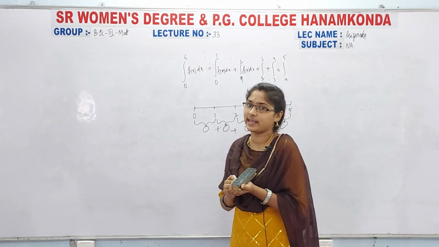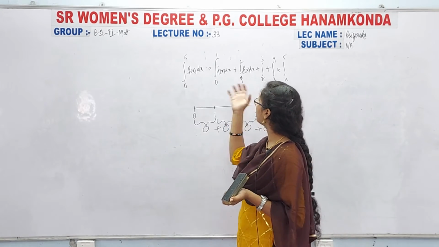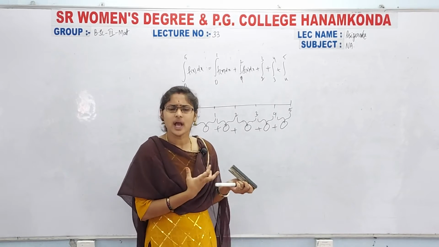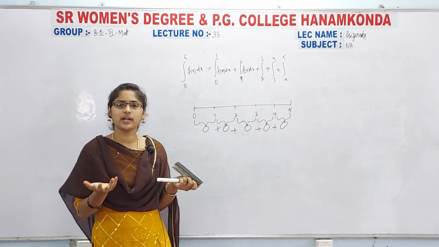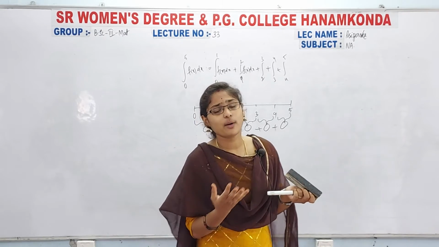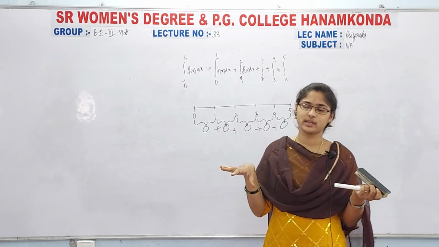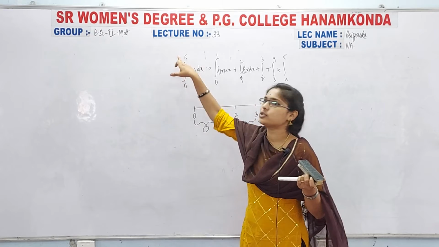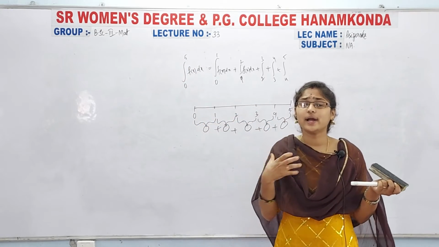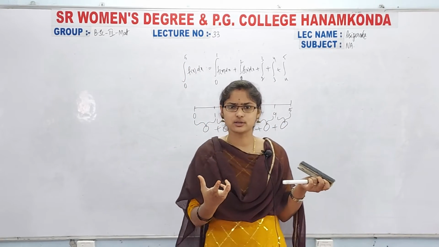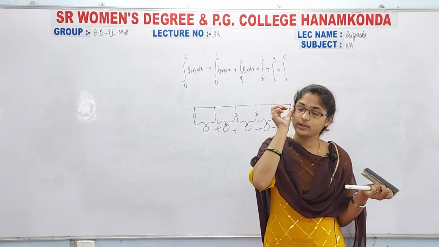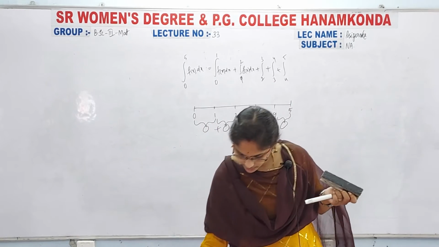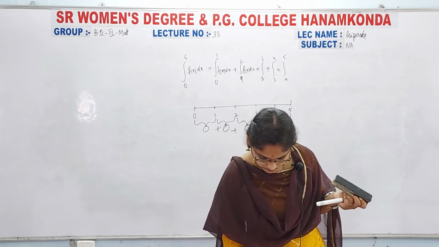So instead of doing this individually, directly using the trapezoidal and the Simpson rule, by using the trapezoidal we actually cannot, because in the formula they gave h by something into f of x0 plus f of x1. x0 is this one, x1 is this one, right? And by that we are not getting the absolute values, right? That's why here we are going to use the composite formulas. Now write down in composite.